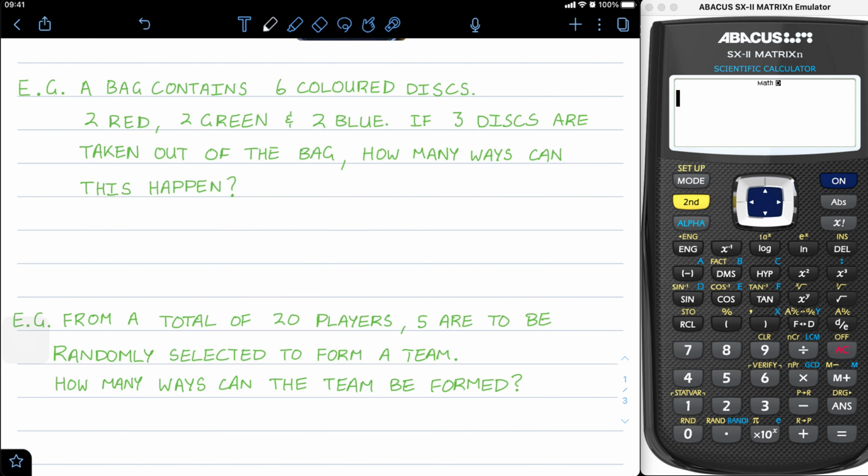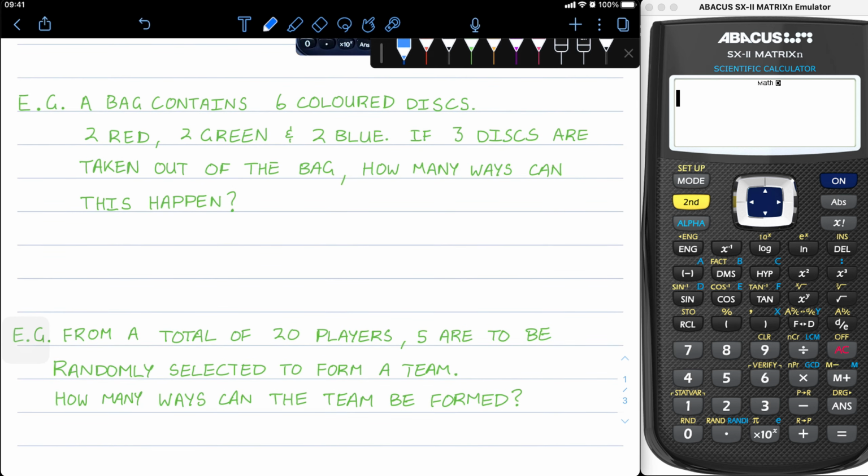To calculate this, we do the following. So there are 6 to choose from, and we only have 3 that we want to choose. So 6 choose 3. Simple as that. And how we would calculate it is 6